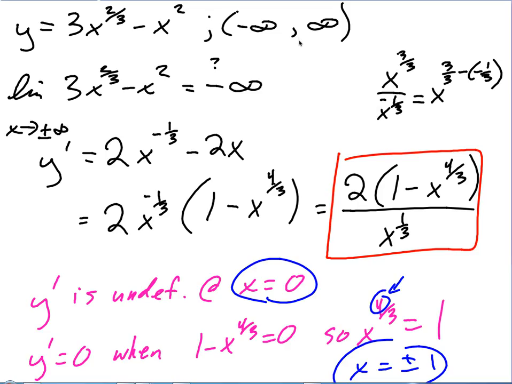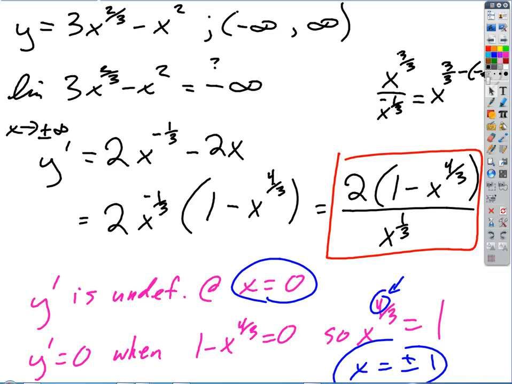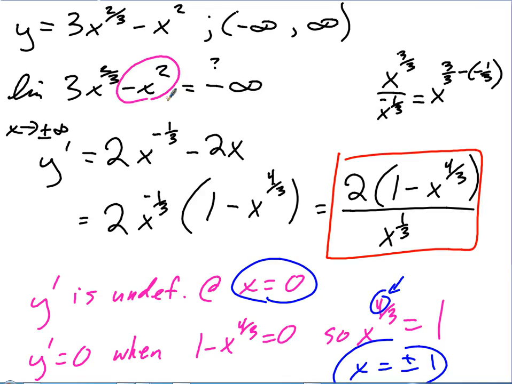We took the limit, and we found that the limit of this thing was negative infinity as we approached plus or minus infinity, right? And all we're doing there, remember, is we're looking at the dominant term, the one with the biggest power of x, and just looking to see what happens when we take a limit of that term approaching positive or negative infinity.